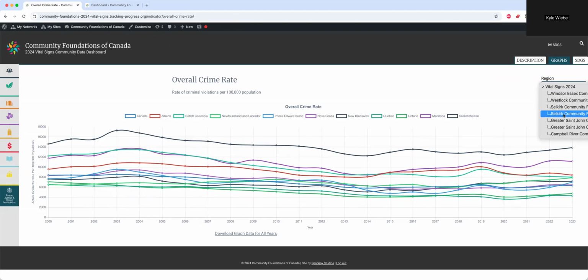So this one that I'm hovering over at the moment is Selkirk Community Foundation CMA. This one says Selkirk Community Foundation's police area. Again, it might be cropping it just from the screen share, but you'll see the full list there when you're visiting it on your own. So if I were to click on Selkirk Community Foundation CMA,